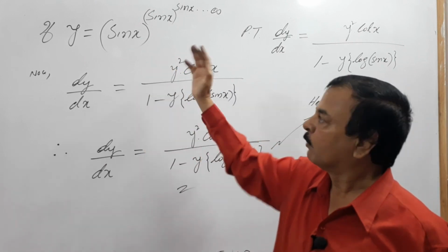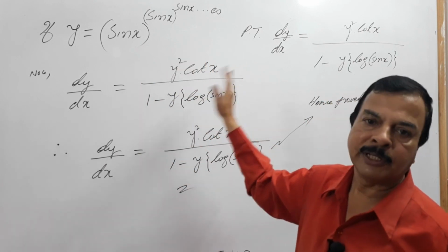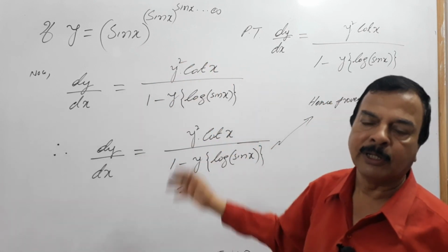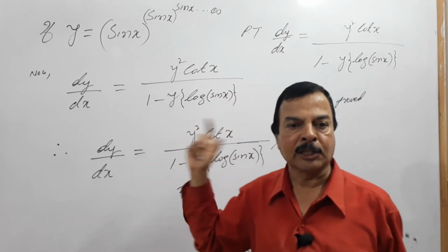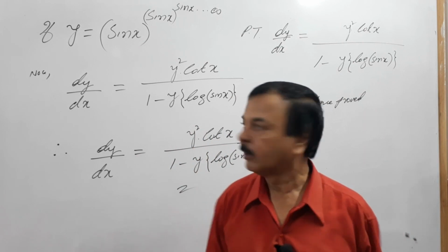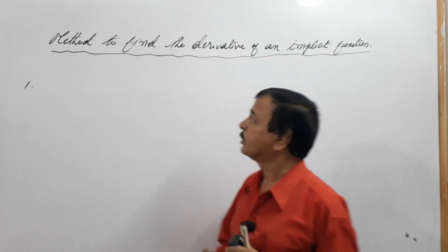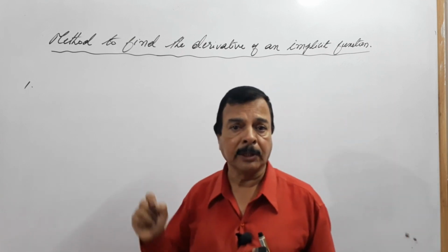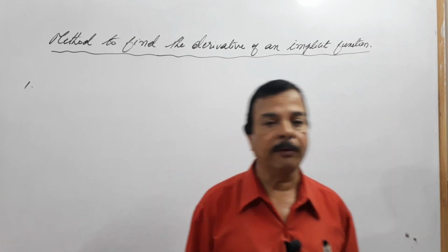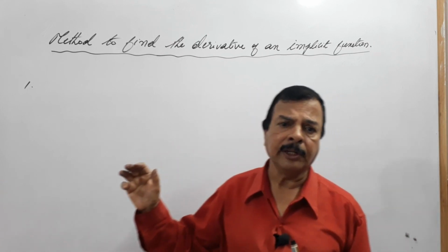Dear students, we have a lot of problems on this type, but for every problem the procedure is same. Let me not waste my time on this. So we'll put an end for explicit function. Now we'll see what an implicit functions are. So I'll write the definition for. Dear students, we have some rules or methods to find the derivative of an implicit functions. What are they? So while differentiating,